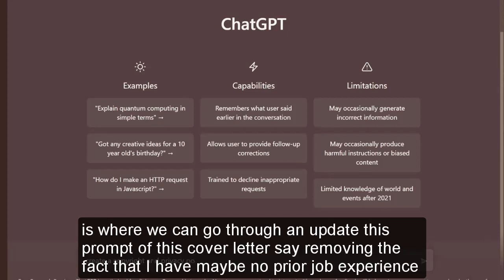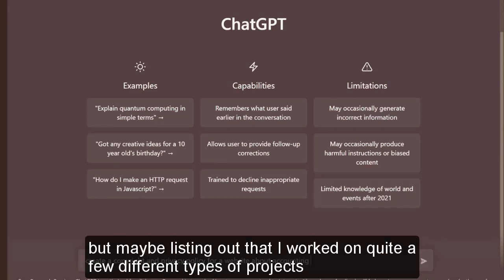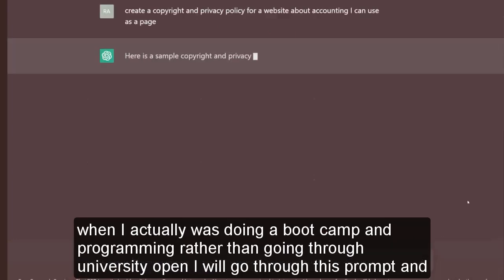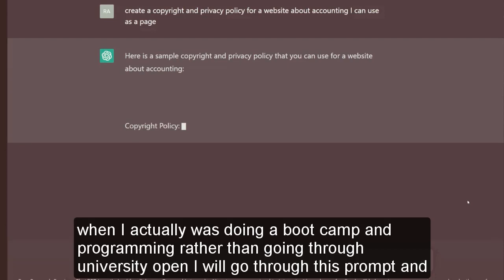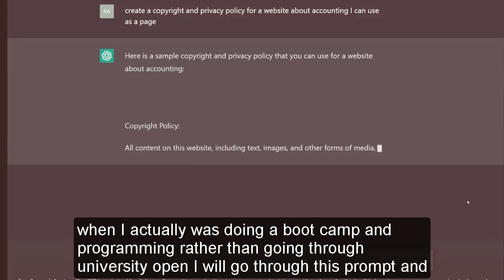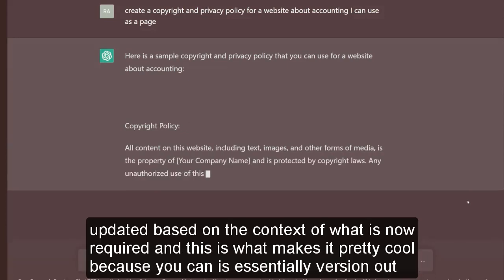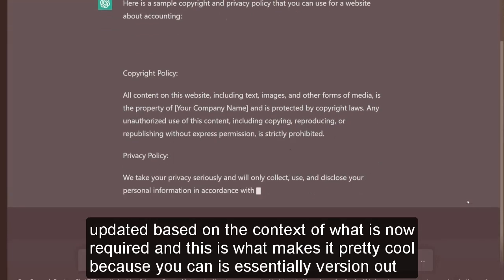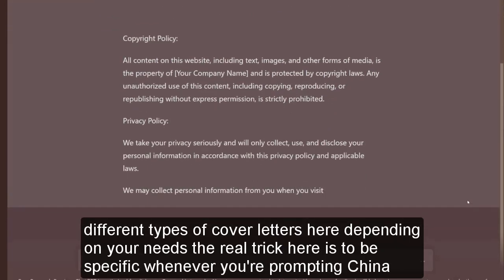This is where we can go through and update this prompt of this cover letter, say removing the fact that I have maybe no prior job experience, but maybe listing out that I worked on quite a few different types of projects when I actually was doing a boot camp in programming rather than going through university. OpenAI will go through this prompt and update it based on the context of what is now required, and this is what makes it pretty cool, because you can essentially version out different types of cover letters here depending on